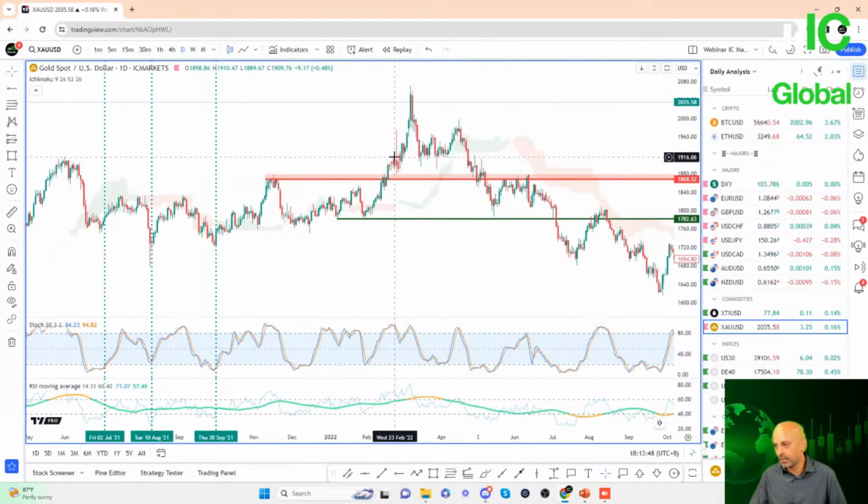But as I said, no analysis is 100% accurate. If anyone can catch the absolute bottoms and absolute tops, well, congrats to them. But generally speaking, if we can catch somewhere near the bottom and get an exit that is as close as possible to the top, that's fine. But here you can see this was a good exit point as indicated by the oscillator, even here as well, and over here on 30th of September as well. So in most cases, when the stochastic oscillator climbs above 90 or close to 90 on a daily time frame, it does usually indicate a good time to exit any long positions.